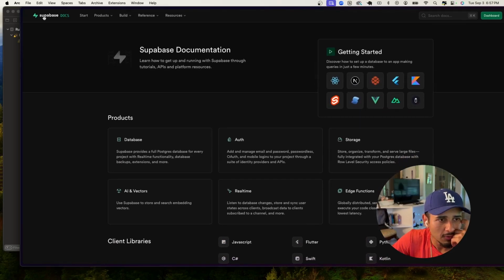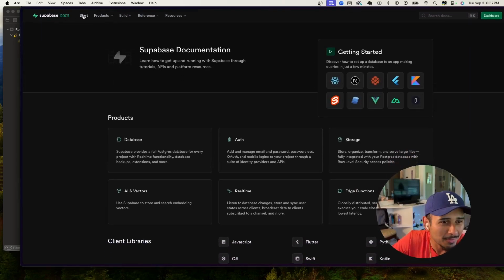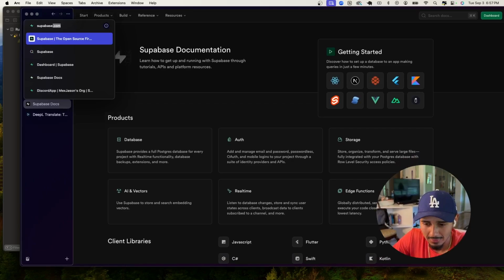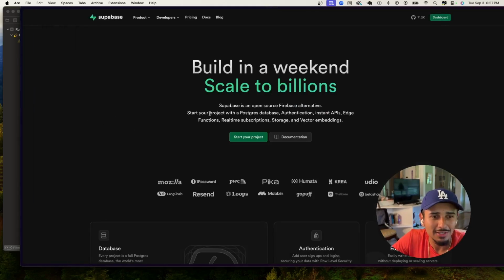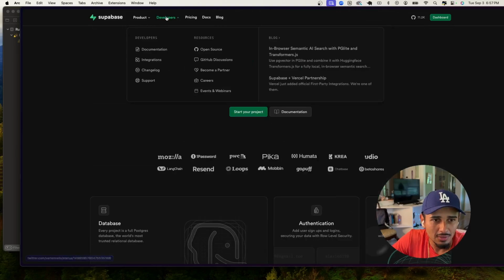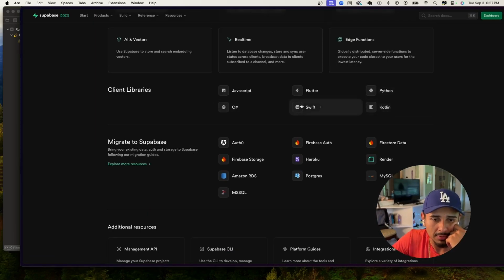If we go, I don't know where we need to go, to be honest. Sorry, y'all. But if you go somewhere in Supabase, and don't be nosy looking at my tabs. Developers, go to documentation. Oh, here we go. Here we have the client libraries. And if we click on Swift,